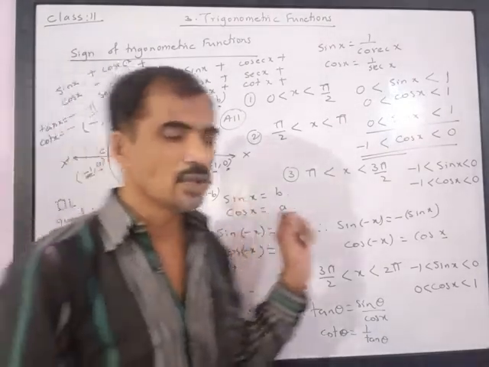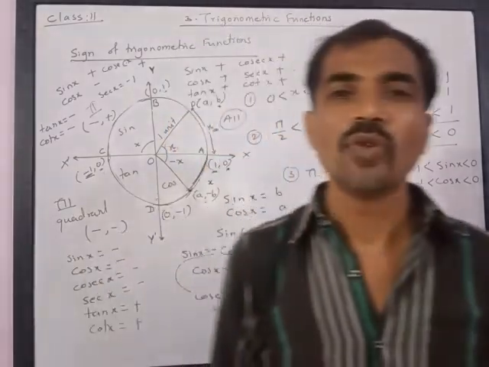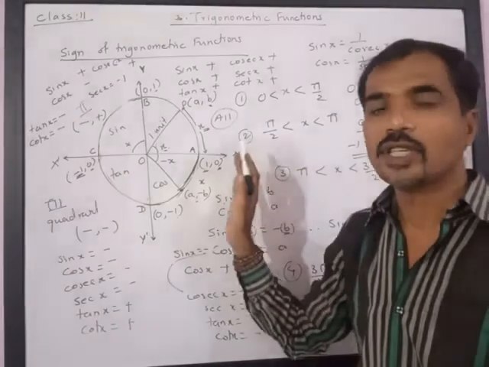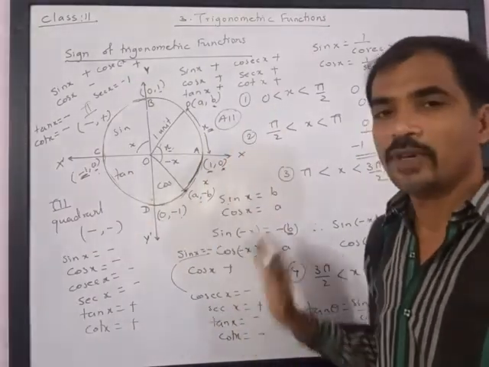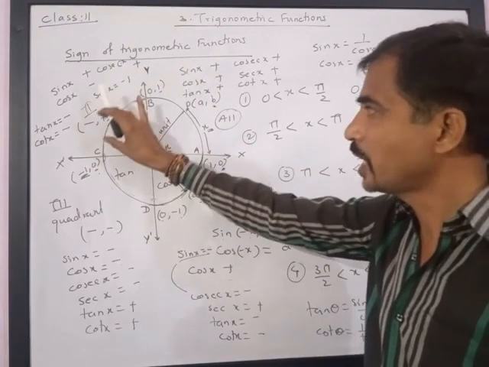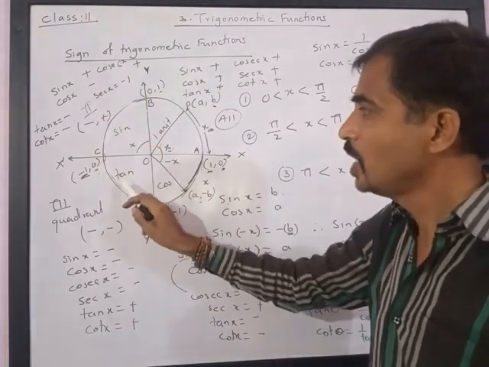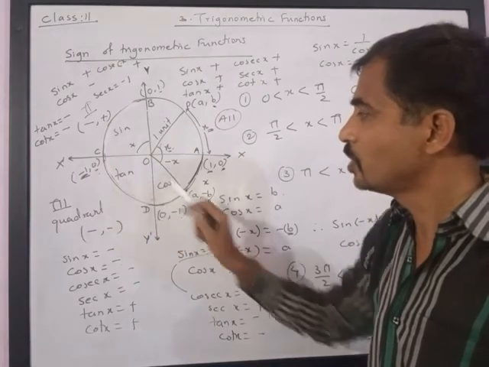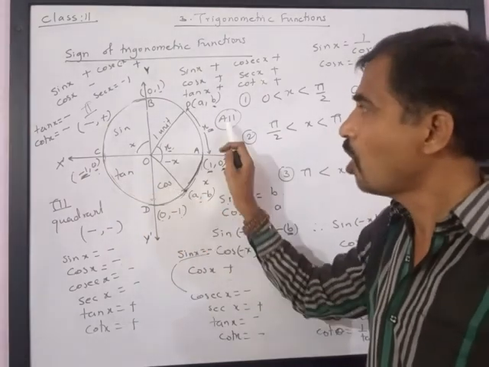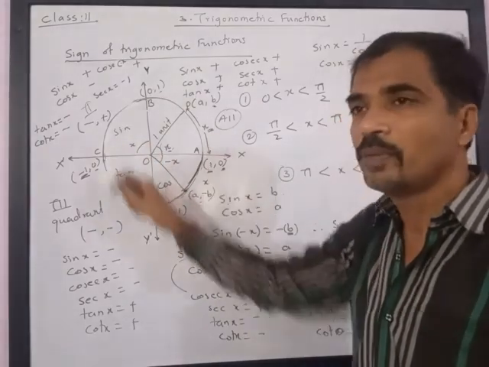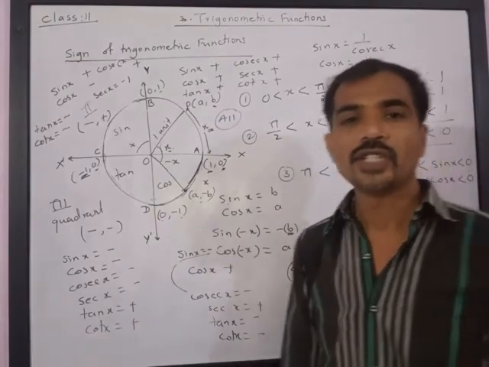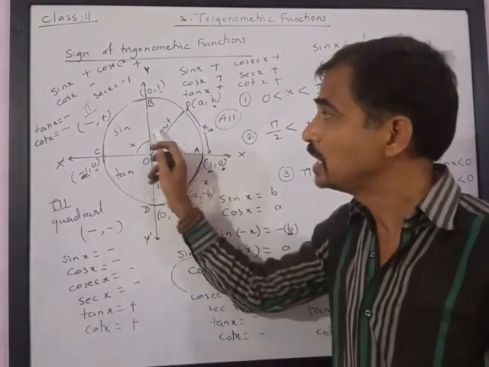All, Sin, Tan, Cos: that is the first, second, third and fourth quadrants. Dear friends, this is complicated to remember. I request you to watch the video again and again so that you understand the sign conventions and will be able to remember them. The easy way to remember is: in the first quadrant all positive, in the second quadrant sin and its inverse positive, in the third quadrant tan and its inverse positive, and in the fourth quadrant cos and its inverse positive. If you remember the sequence, you will be able to remember which trigonometric ratio is positive between which angles.